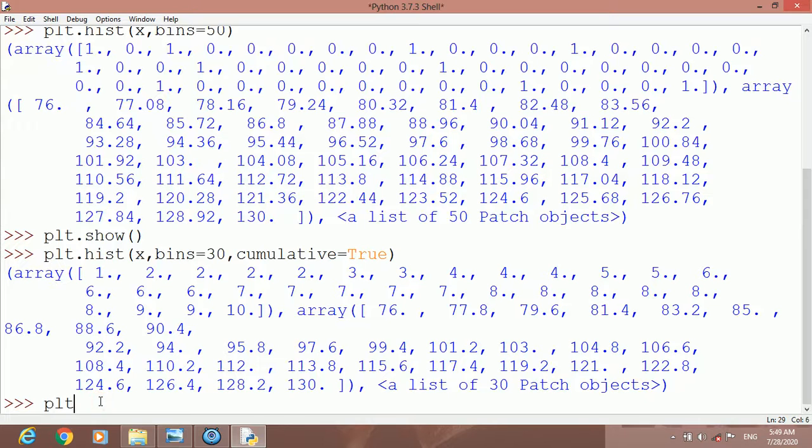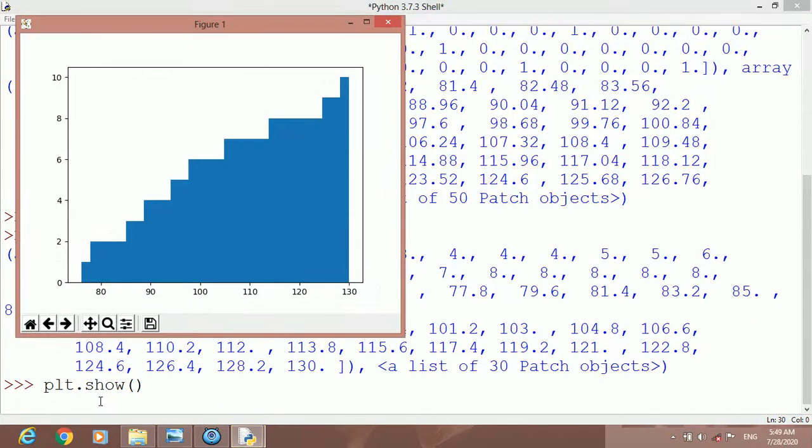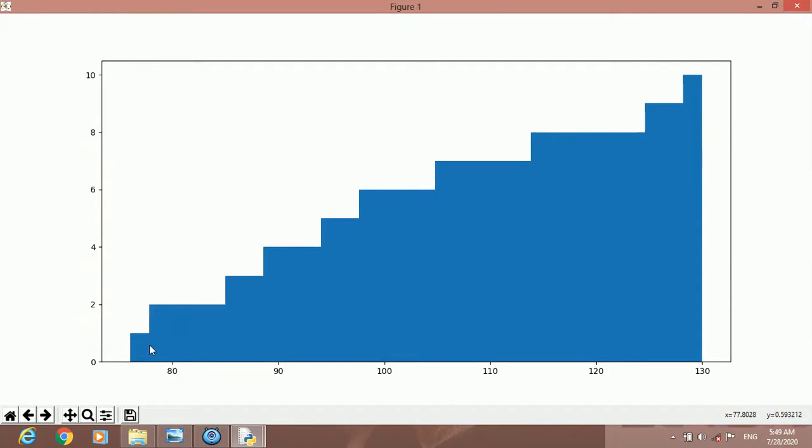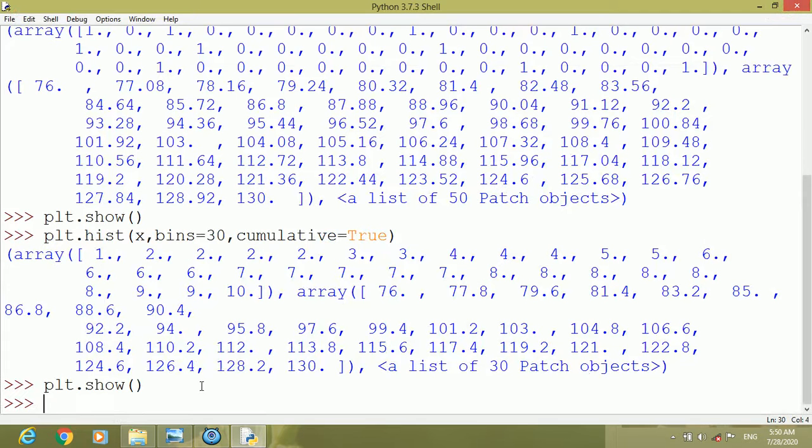Now let us show the histogram, plt.show. Press enter. You can see now the histogram is cumulative, means the starting bin is counted plus all the other bins with smaller numbers are also counted in this, and the last bin displays the total count of the data points. So this is the cumulative attribute.